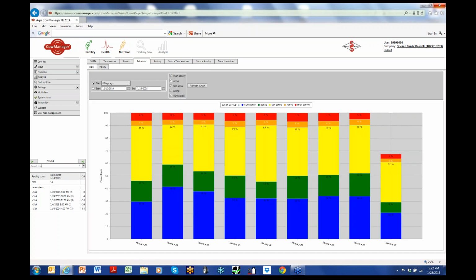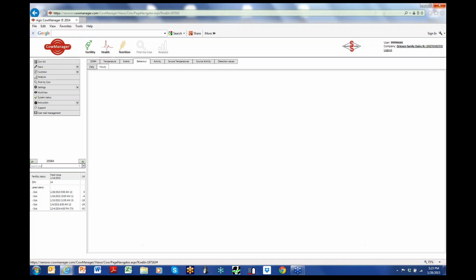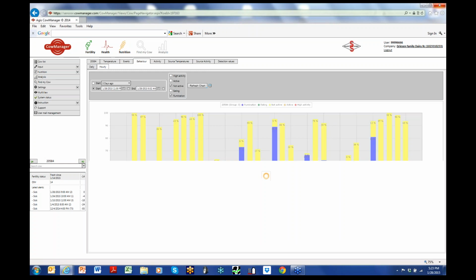and we look for the last 8 days, that sick alert was on the 24th and the 28th. So here you can see her resting time increased from 39% of the day to 45% of the day. Then it went back to 38, 39, 38, and what you can see here is a drop in rumination so far today. So again, if we go hourly and we look at the last 3 days,